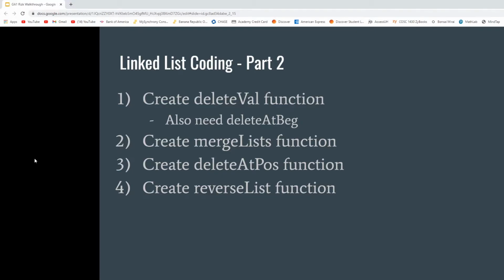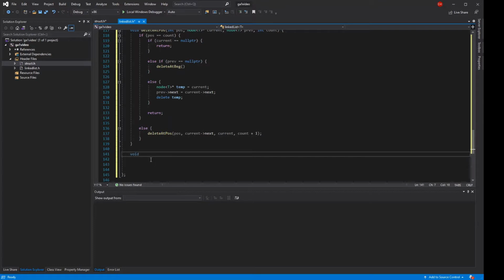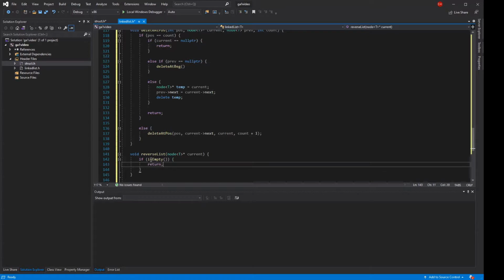So once we're done with that, we can create the reverse list function, which is going to go to the very end, make the last node equal to head, and then make all the previous nodes equal to the previous. We can make our reverse list type void, and we're just gonna need a node type T pointer for the argument. Make it current. So if is empty, then that means there's nothing to reverse, and we can just return. Else,